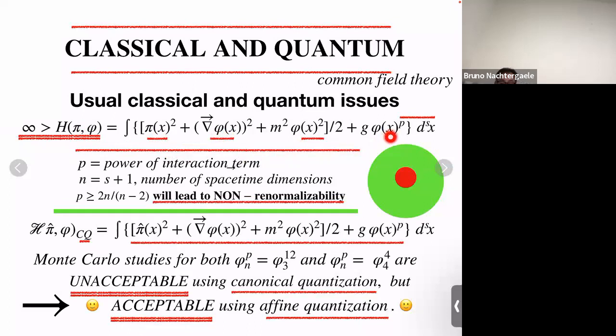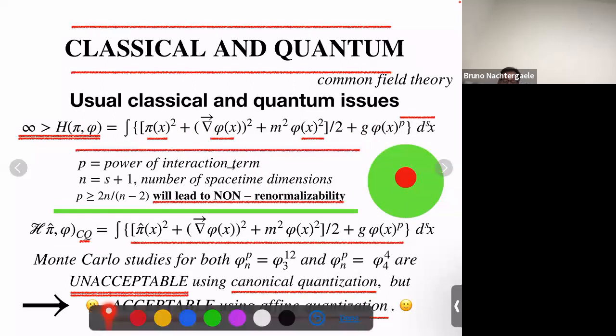Perhaps here, but even here more dramatically. Set g equal to 0 and take all the pi and phi, and take any point in here for the different functions. All in here are those that have a finite integration up to this point. But if I turn on g and get a large p, for example, greater than or equal to 2n divided by n minus 2, that gets infinities up here, and the little region in the middle is what's left over for finite values of the Hamiltonian. But if g goes to 0, that domain is not going to change. It's here, and that's a seed for